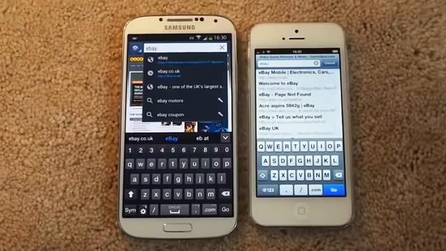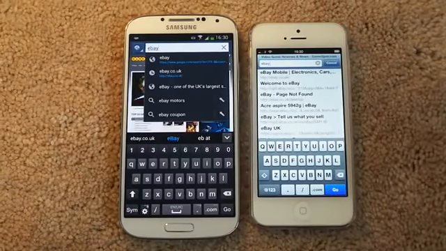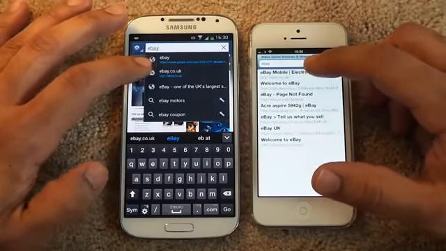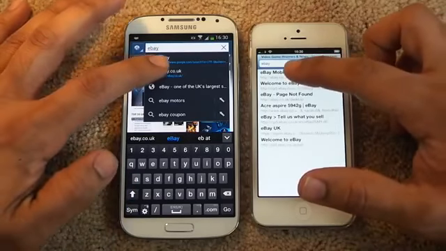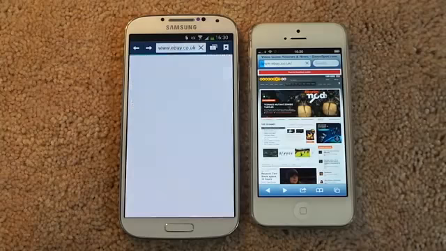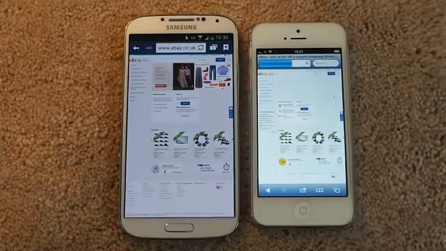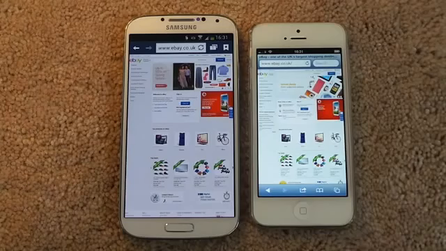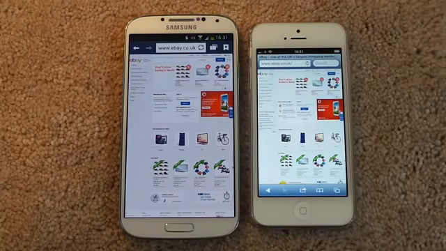Now I'm going to open our ebay.co.uk site again on both of these devices, because on our previous check we have seen that Samsung Galaxy S4 has opened this page quicker for us, and let's see which one is going to win a race second time in opening this online shopping site. So I think this time both of these devices have opened this page at the same time for us,